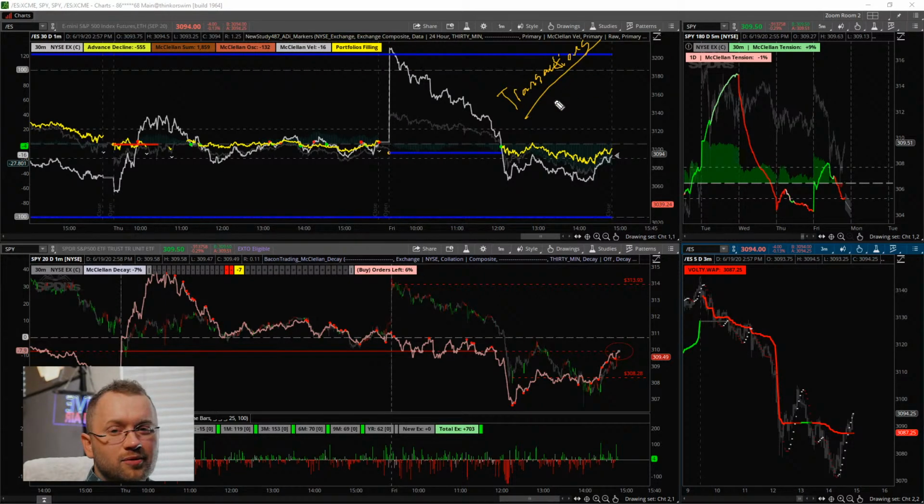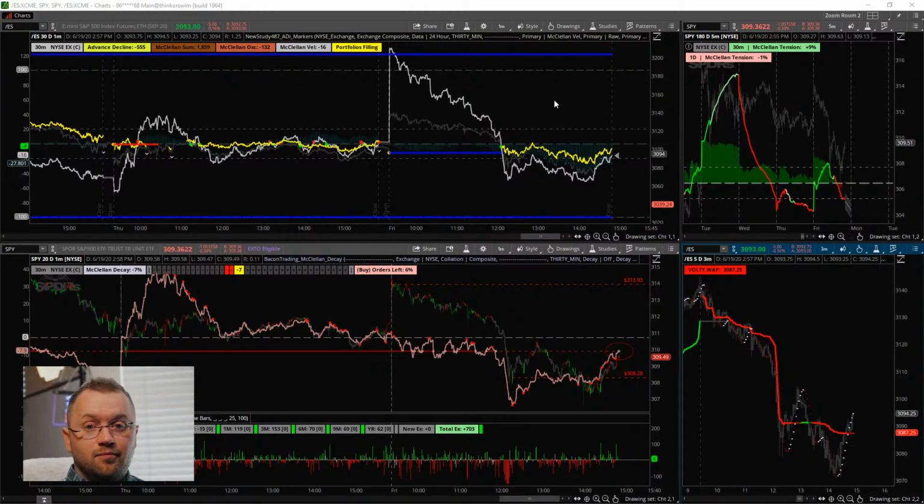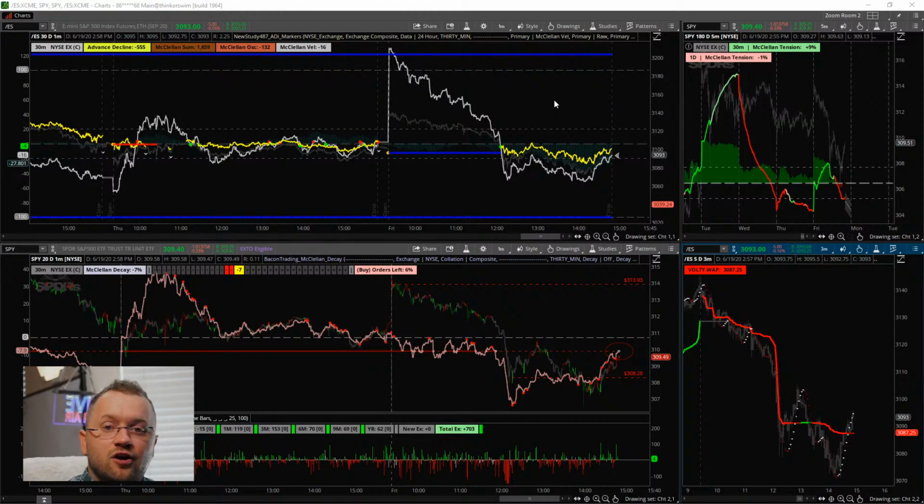Why? Because how much do you pay in commissions? Here's an exercise you could do to learn how to code in ThinkScript. Open a ThinkScript, calculate the total volume of the entire futures market, multiply it by 2 because there's 2 sides, and then multiply that by whatever the CME collects in fees. And you'll say, oh my goodness gracious, they're making billions of dollars a day in transaction costs. Why would you focus on anything else?